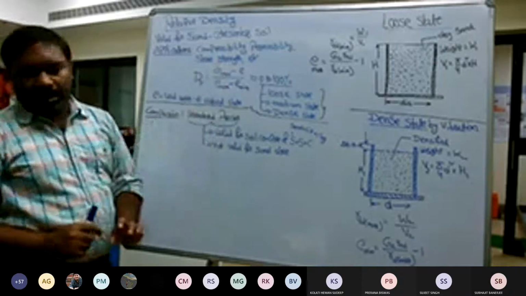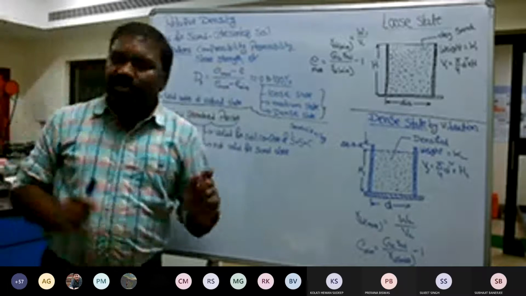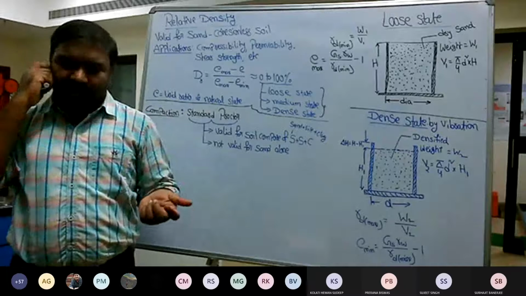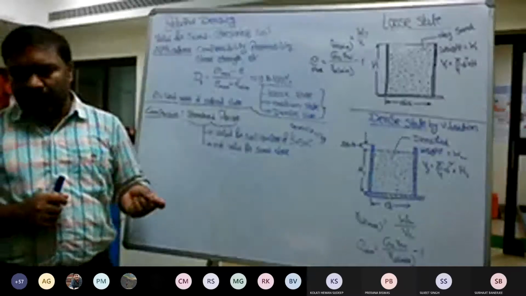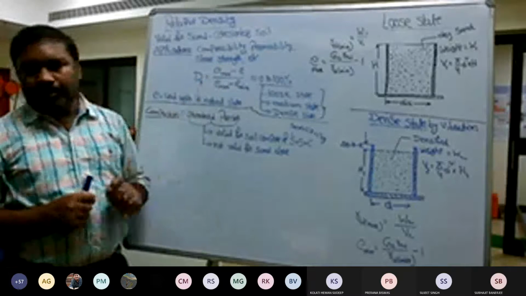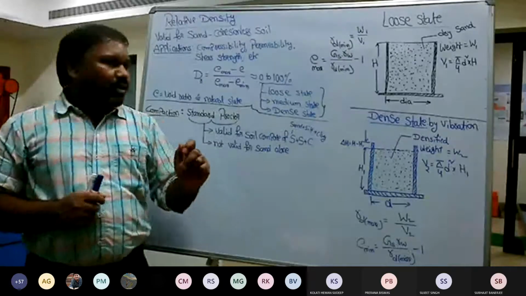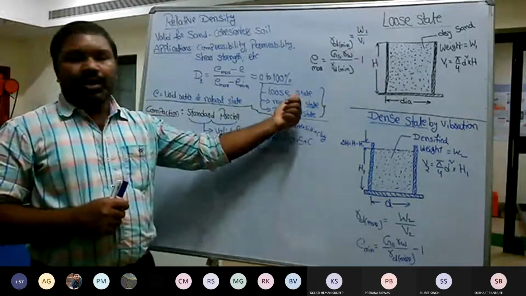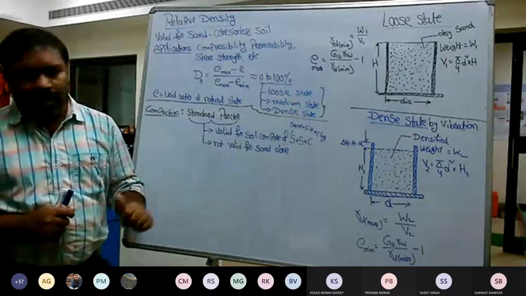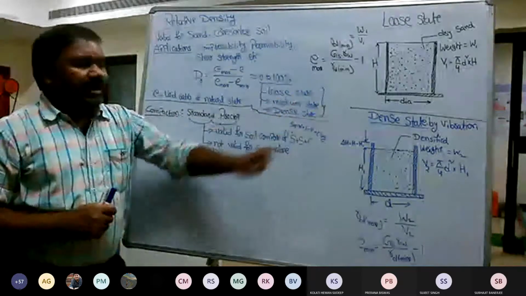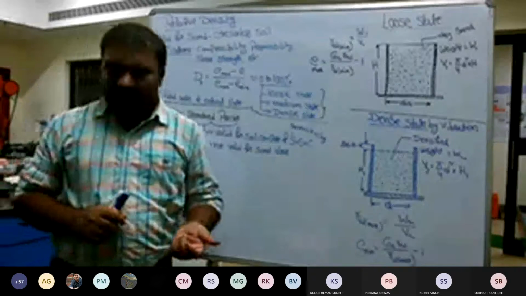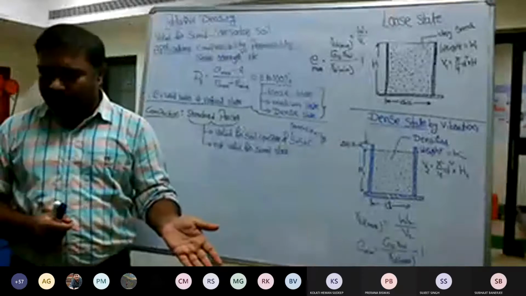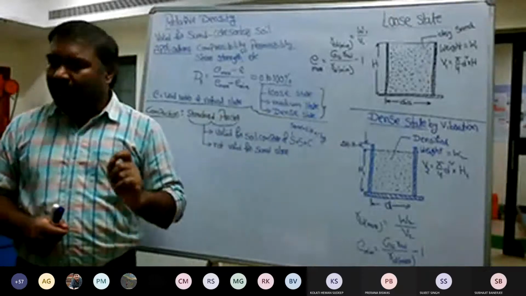So when I say all the three, that means all the three must be possible for a single sand material. There is some kind of possibility. Then only we can define all these things. Now, when I say maximum and minimum, they inherently imply something about the state of the material. What is that state? That state could be loose state or dense state. Now again, this loose and dense has further implications. In a sense, the loose state indicates that the void ratio is maximum, while the dense state implies that the void ratio is minimum.